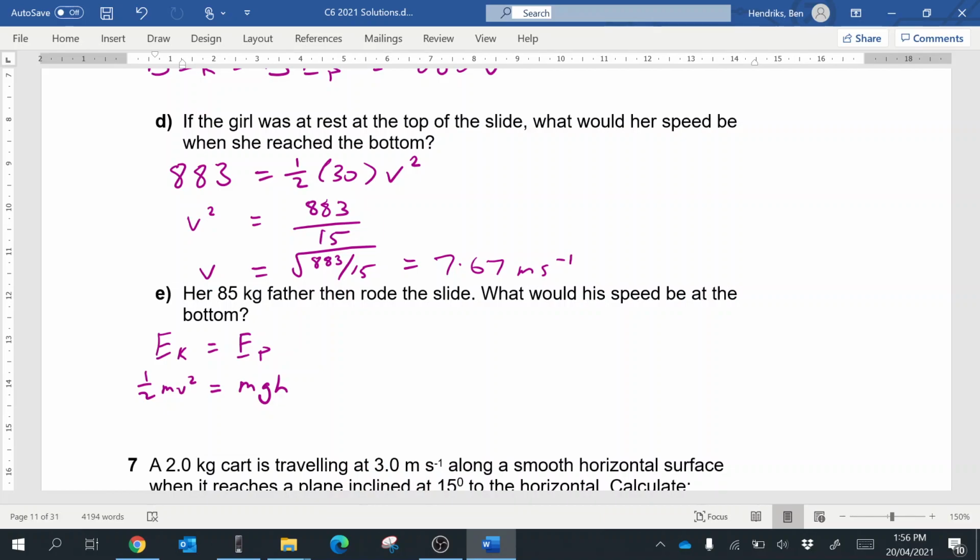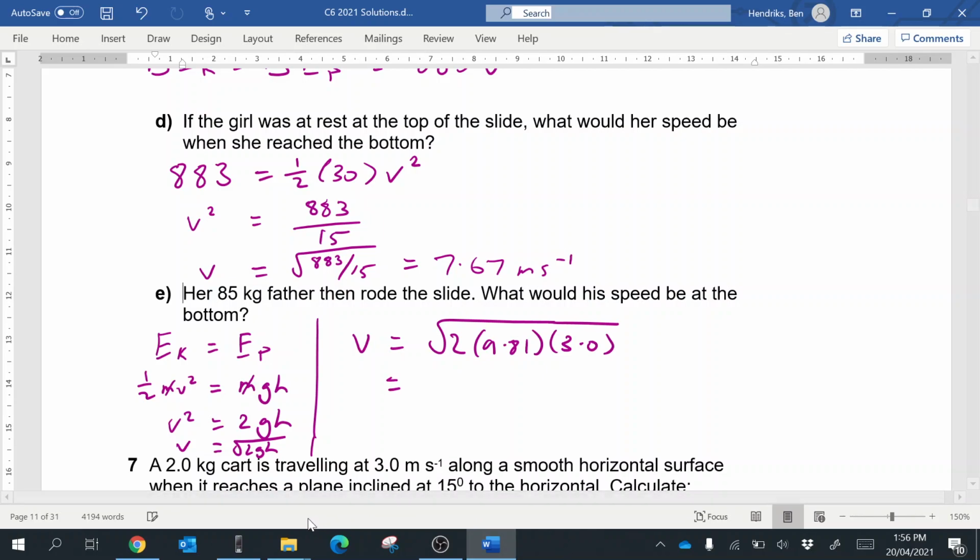If we rearrange for V, which is our speed, the masses will cancel out on this side. Then V squared is equal to 2GH, and V is equal to the square root of 2GH. So if we put in V equal to the square root of 2 times 9.81 times 3 in our case,